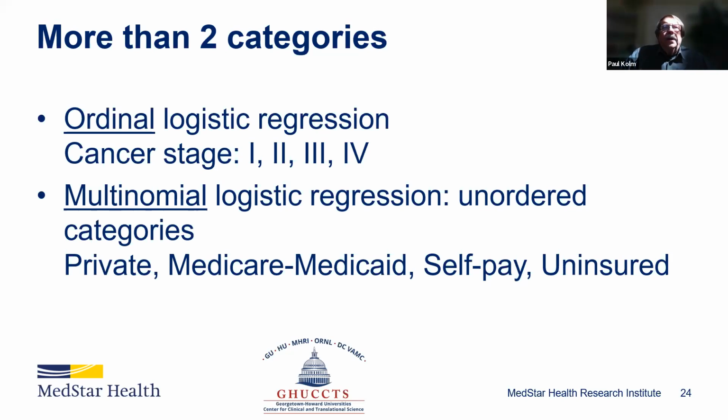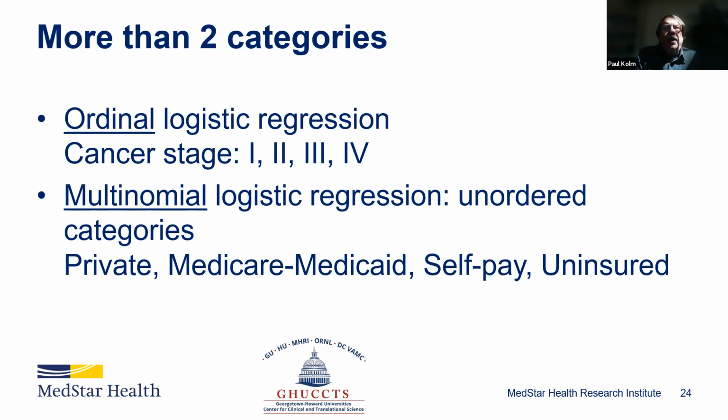Now, they're not numerical in the sense that they're continuous, so that there's an equal distance between each measurement, like the distance between 1 inch and 2 inches is the same as the distance between 9 inches and 10 inches. An example of this would be cancer stages. We might have 4 stages that are obviously ordinal, in that the higher the stage, the worse the cancer, but the distances between the two are not particularly defined numerically. They might be defined by imaging, but they're not